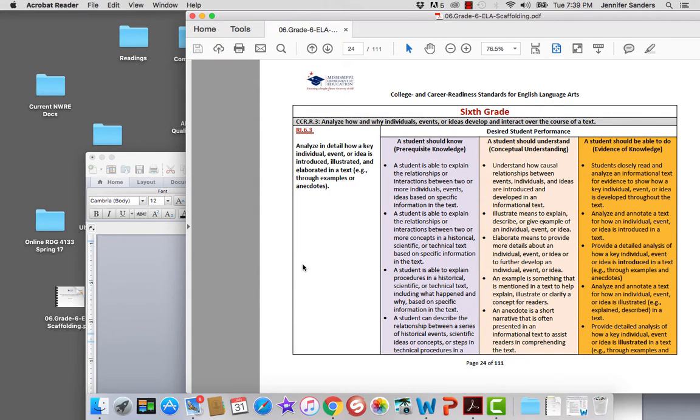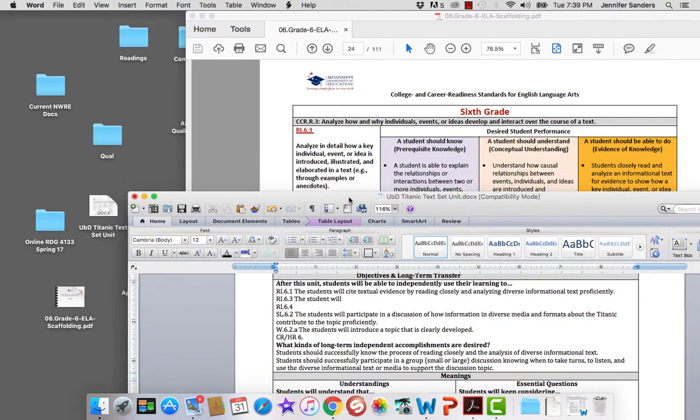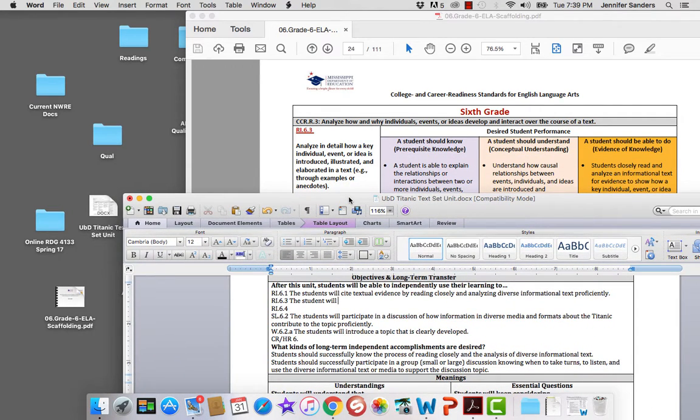The student will analyze the causal relationships to the design of the Titanic,